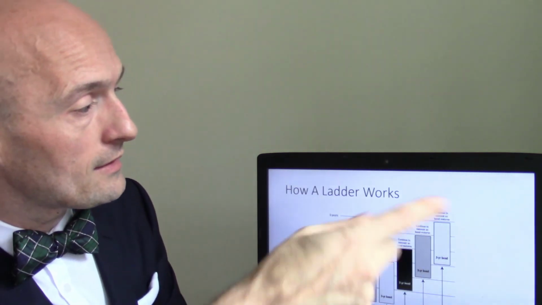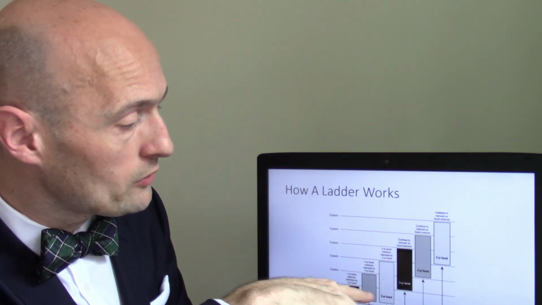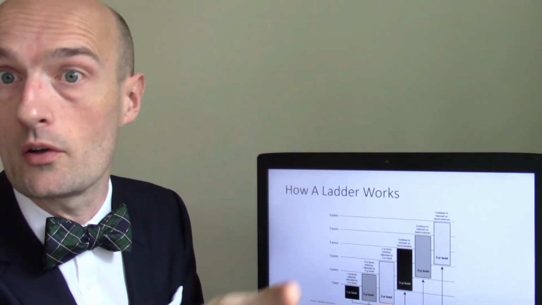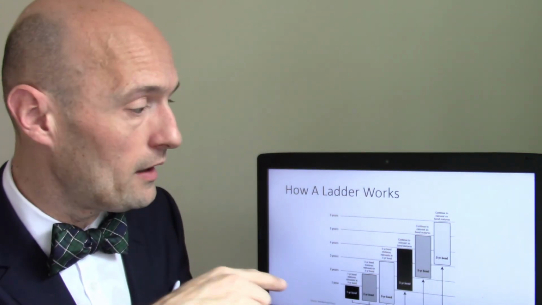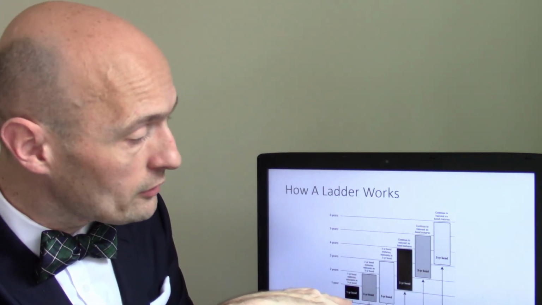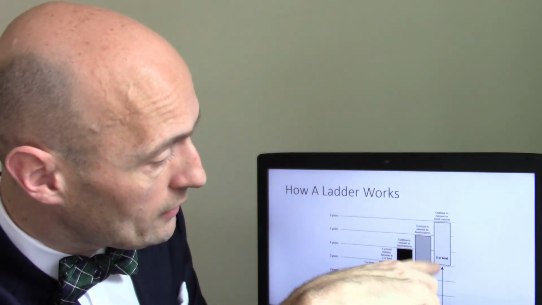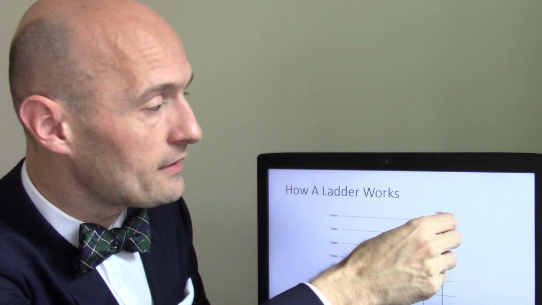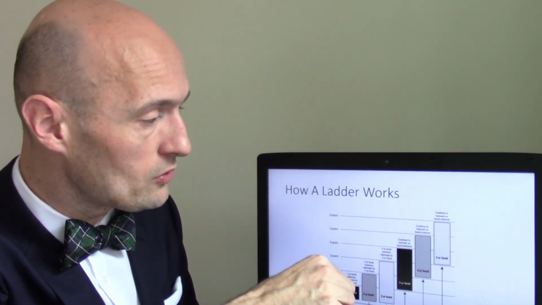So this is an example of the bond ladder. There are 1, 2, 3, 4, 5, 6 different expirations of bonds available in this scenario, and so you put 1/6 of your money into each of those. So 1/6 is in the 1-year bond, 1/6 is in the 2-year, the 3-year, the 4-year, the 5-year, and so on. And so what happens is that as time goes by, this bond matures,